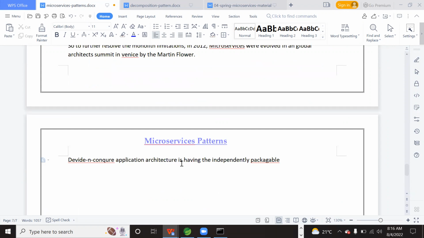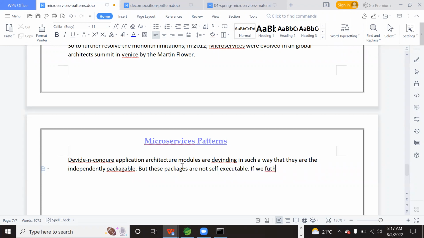Divide and conquer application architecture modules are divided in such a way that they are independently packageable, but these packages are not self-executable.